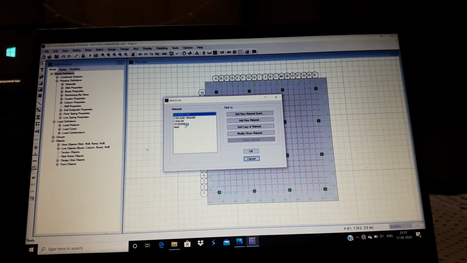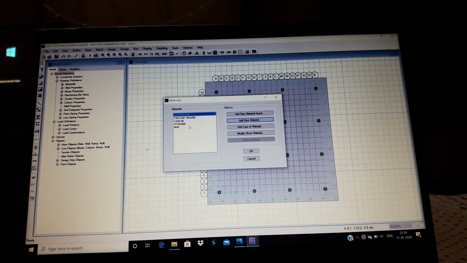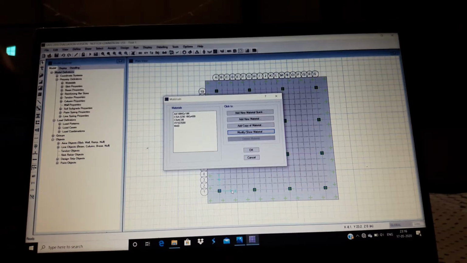In order to define the materials, that is M40 and HYSD 500, click on add new material and then you can define here, like M40. You can see here M40, then concrete. You need to assign these values and click on OK.